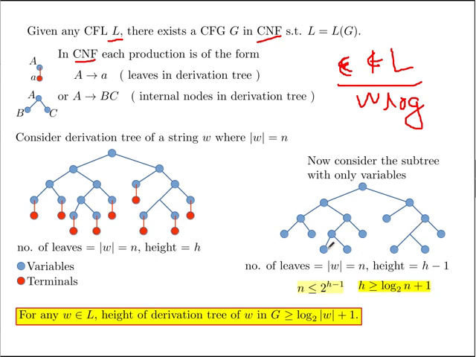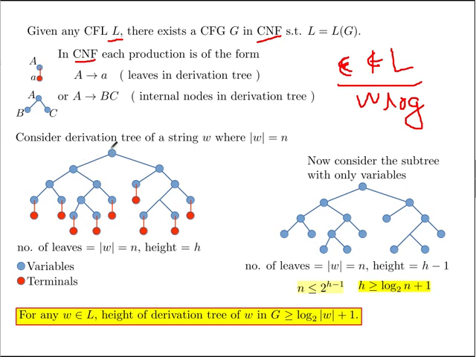First of all, what is the number of leaves here? So here we have this variable as leaves, but the number of leaves doesn't change, right? Because here we had a one-to-one correspondence. So you see that we chopped this down, but still we have this here. So the number of leaves here is exactly equal to the number of leaves here, right? So still we have the number of leaves as n, but the height got reduced by 1, because what is